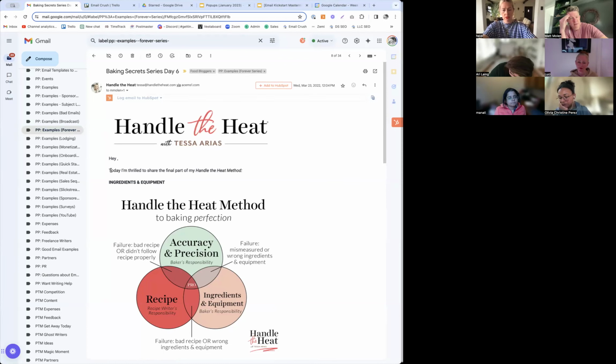By the way, I was just going through this exercise yesterday with a client. We were looking at her Forever series. She just started with me and she's written 25. We've got a few weeks in, and she did one that was related to chocolate cake, chocolate chip cookies. Guess what? Through the roof. Everybody clicked on it.